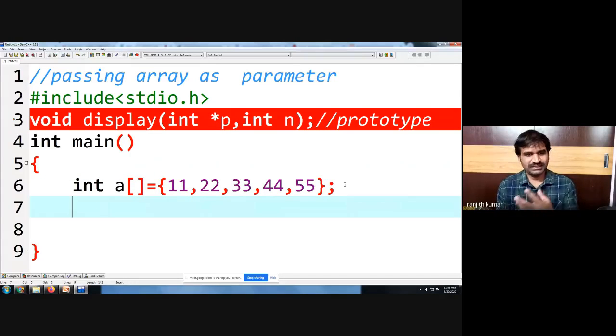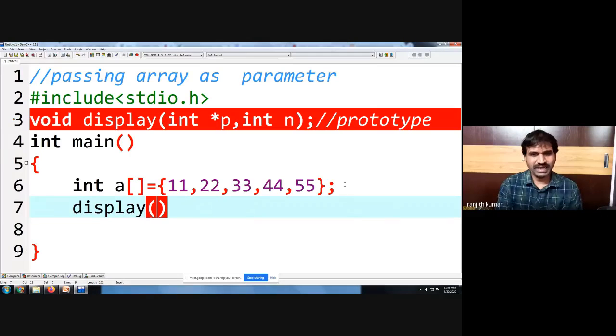Now we want to pass it. So the function call is display, and we have to pass the starting address of the array. So the starting address of the array can be passed using what? The first element is A of 0. So you can pass ampersand A of 0. This is one way to pass.